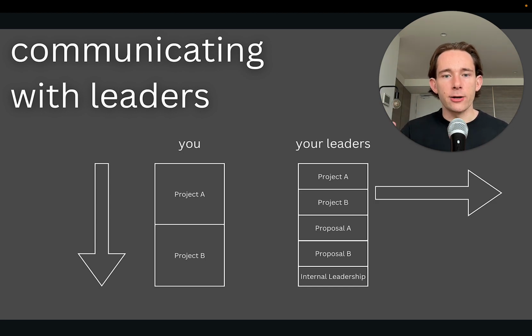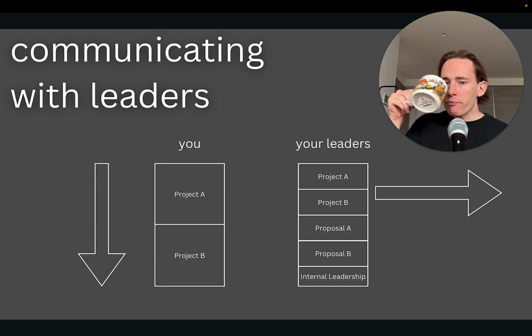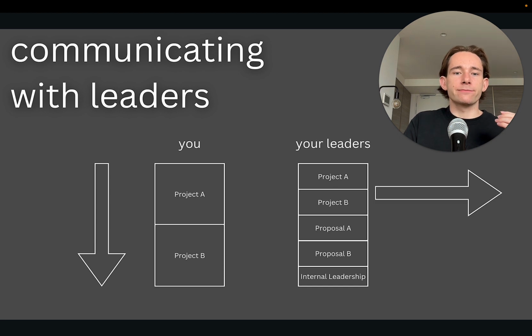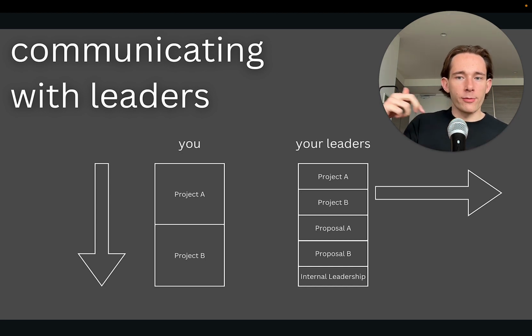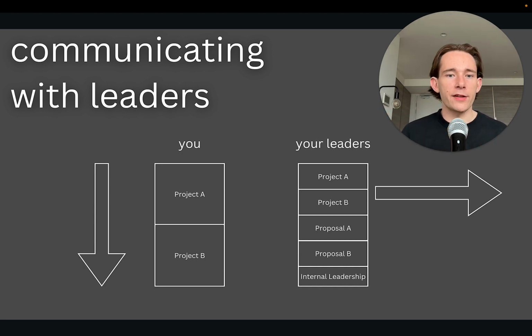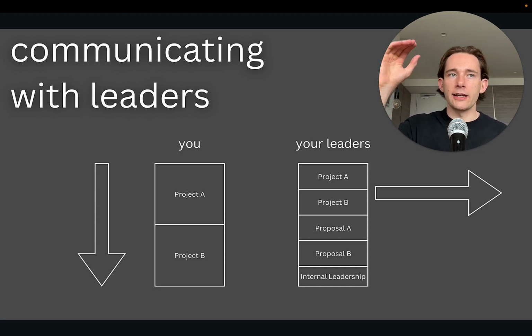So the key takeaway here, and again, this is something that you can start doing instantly, is when you're asking questions of your leads, your managers, whoever it might be, walk them down the staircase of the level of detail that you're going to, right? Unless you know that they're right there in the weeds with you, you don't need to do that. I would say the norm or the rule should be walk them down the staircase. Yeah, there can be exceptions to the rule, but generally speaking, your managers are going to find it helpful if you can provide the context and start at the top, work your way down, and work on this, doing this project, working on this ticket, this deliverable.